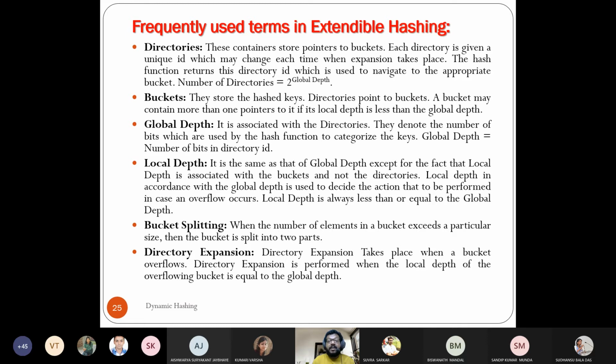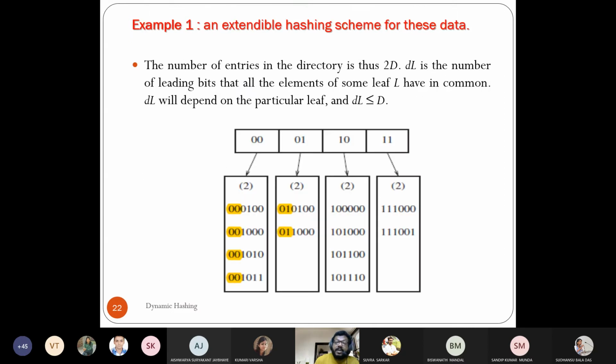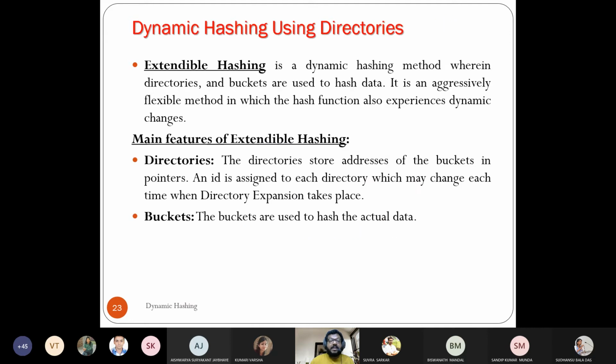The last but one phenomenon is bucket splitting. I have explained that if one more key enters with first 2 bits 0, then this bucket will not be able to accommodate it. Let us say an item enters with first 3 bits 0. It will refer to the first 2 bits, but the bucket is full, so this bucket will be split. One bucket will be created with 3 bits, ending in 00. The new entry and the first member go into that, and the remaining 3 members go into the bucket that represents 001. That is the bucket splitting.